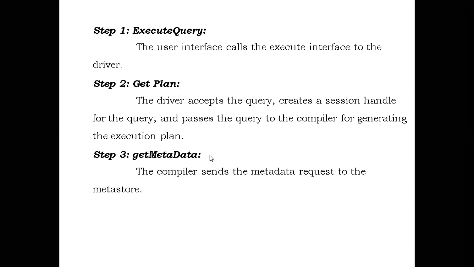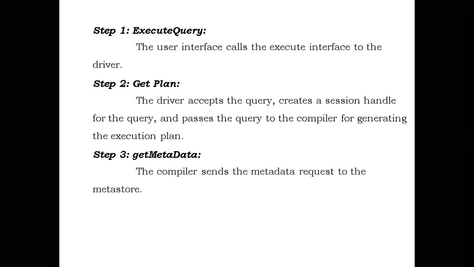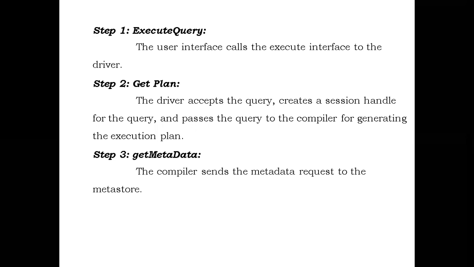now the compiler will go to the metastore. It will request the metastore to send the metadata. To process the query, it wants the metadata of the table, so it will communicate with the metastore to get the metadata. For example, in your query you have written select s_name, s_age, so you want the student name and student age. First, it will check the metadata, whether the columns are available or not. It will cross-verify with the metadata whether, based on your query, that data is really available or not. That verification will be done with the help of the metadata. So the third step is get metadata.